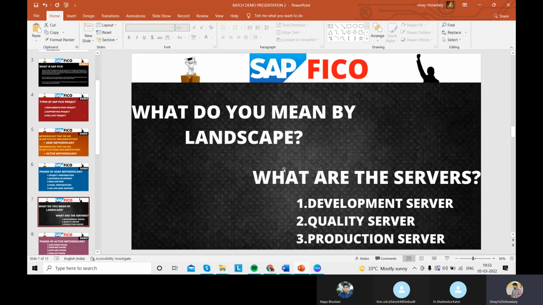See here, if landscape is four servers, then the extra server is sandbox. It is used for the rough work, and this will be handled by the RD department. Okay. RD department, you will know, reports and developments department. Okay, so here